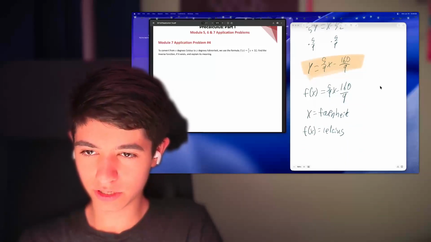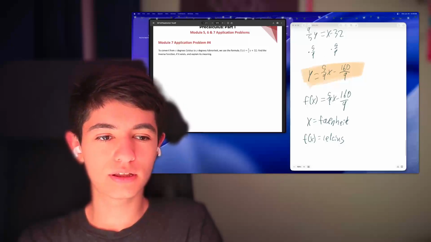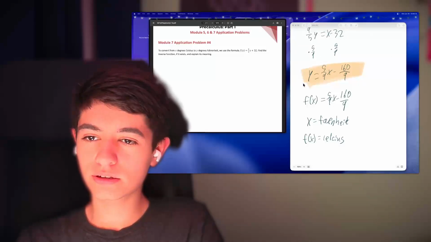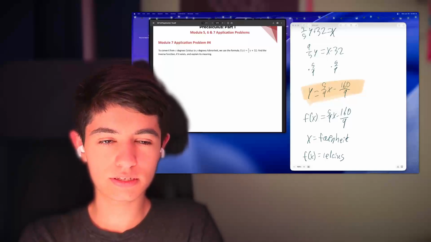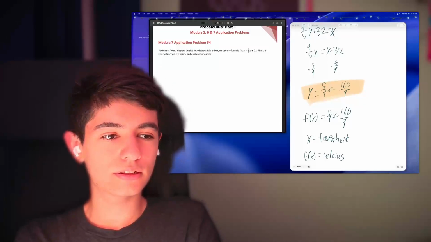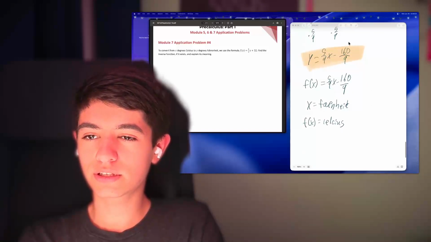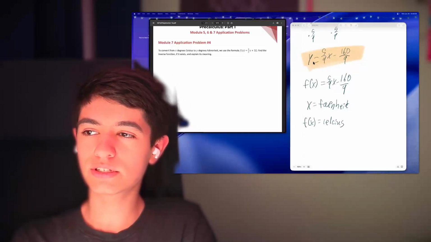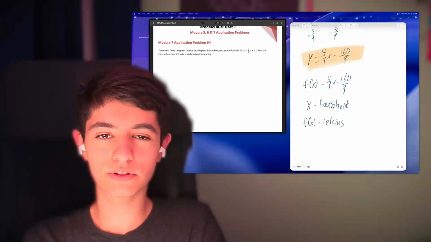So we put in Fahrenheit, we multiply, and then we get Celsius. Yeah, and that looks like that is about it. I've double checked my work, everything looks good. This is a function for converting Fahrenheit to Celsius, and that is all 4 of my application problems for the